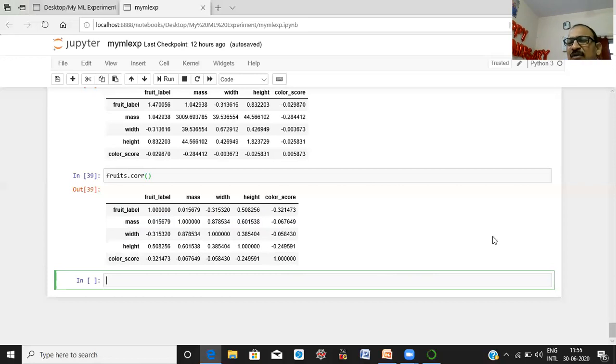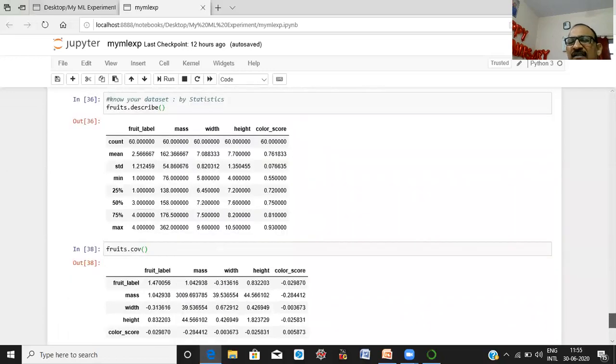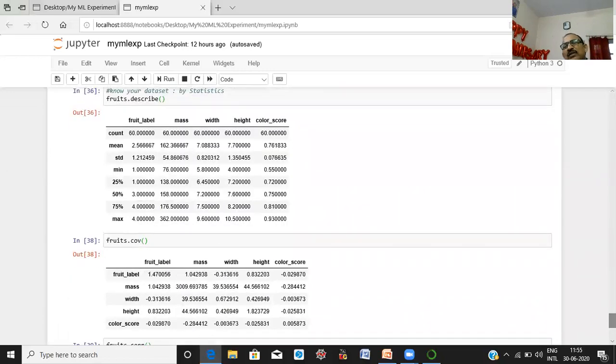So this gives you an idea about the contents of your data set. We know our data set by looking at its contents or values, and next, with the help of statistics, how the variables are correlated to each other.